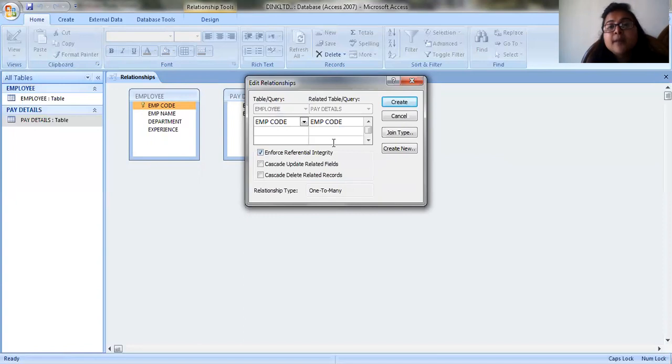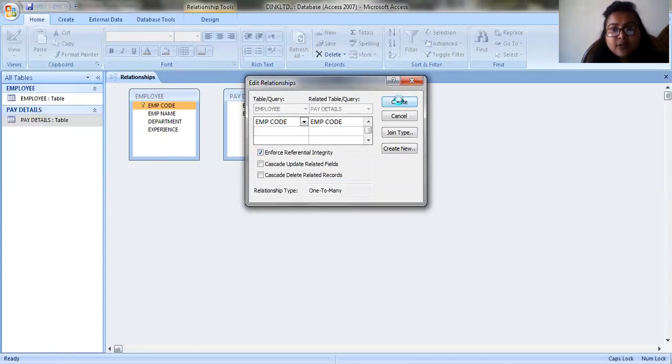That means creating the relationship between two tables, which seeks that every data of that particular table is related to the data of the second table. And through this, you can create a one-to-many relationship.